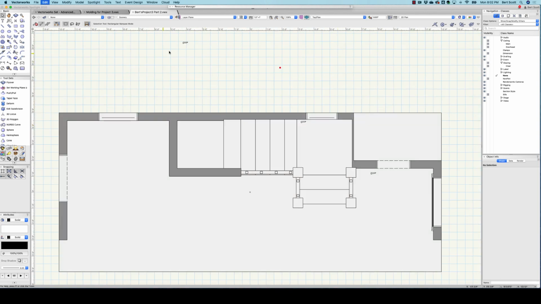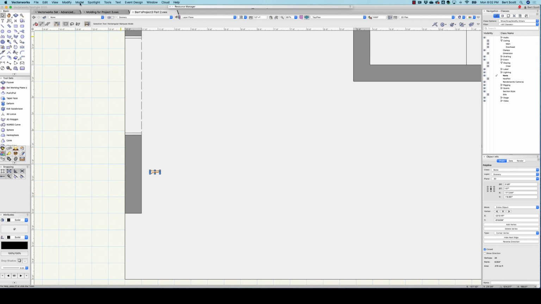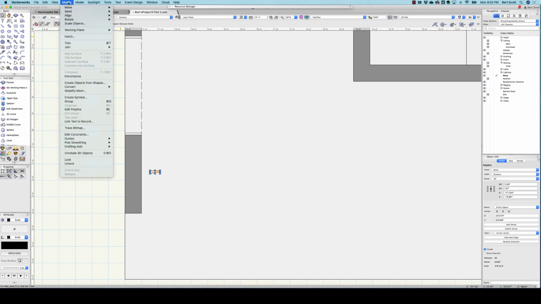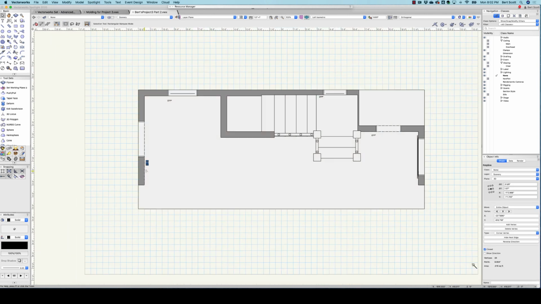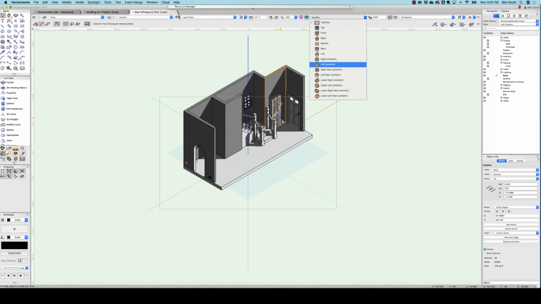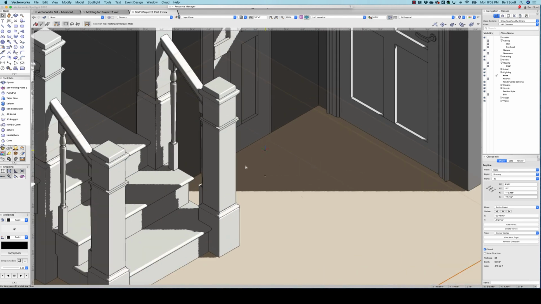We're going to duplicate that and put it here, and then we'll duplicate that and bring it over here, and we're going to turn it to the left, modify, rotate left, so that it's lined up for this door. Then we can just go back and individually do each of the,